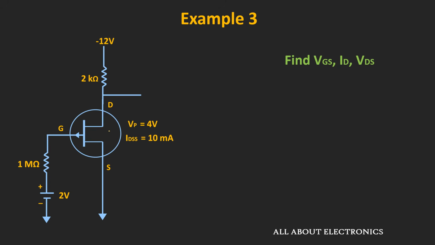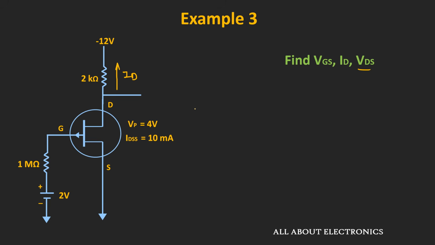First of all, if you observe, this circuit looks quite similar to the N-channel JFET circuit, but here the polarity of the biasing voltage has been reversed. The voltage VDD is negative and the voltage VGG is positive. For the P-channel JFET, the pinch off voltage VP is also positive. Apart from that, the drain current will flow from the source terminal towards the drain terminal, because the source terminal is more positive with respect to the drain terminal.